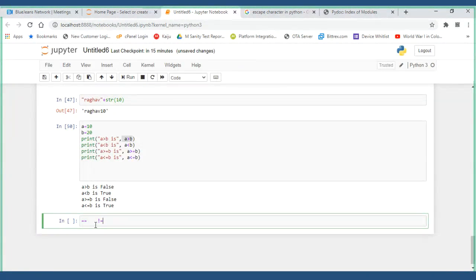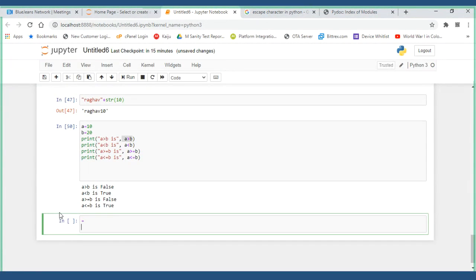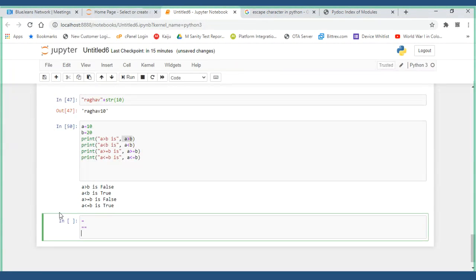If you say A is equal to B, meaning double equal to, there is a lot of difference between single equal to and double equal to, and there is some other thing. All three have some meaning. I'll show you.